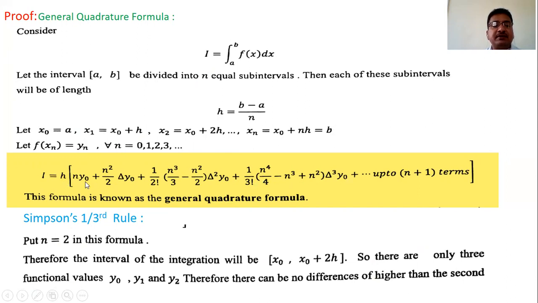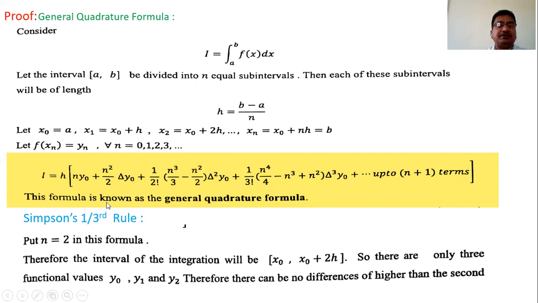h n y naught plus n square by 2 delta y naught, 1 by 2 factorial, this n cube by 3 minus n square by 2 delta square y naught, plus 1 by 3 factorial, n raised to 4 by 4 minus n cube plus n square delta cube y naught, and so on. So this is the general quadrature formula. This proof is the same